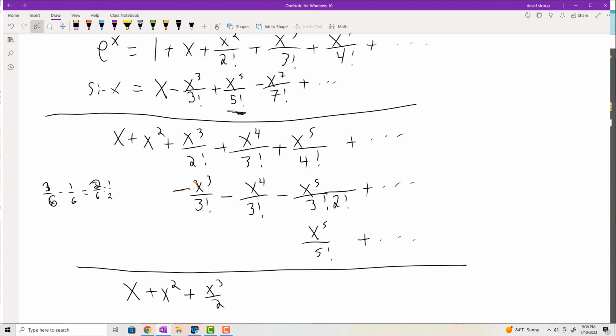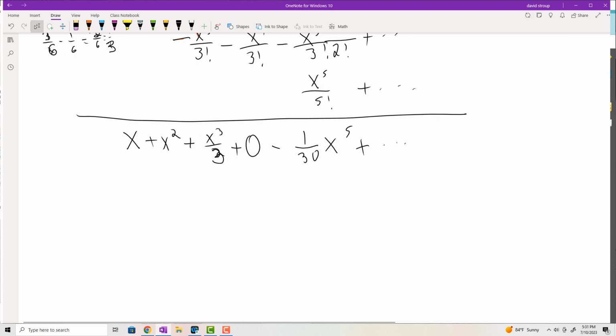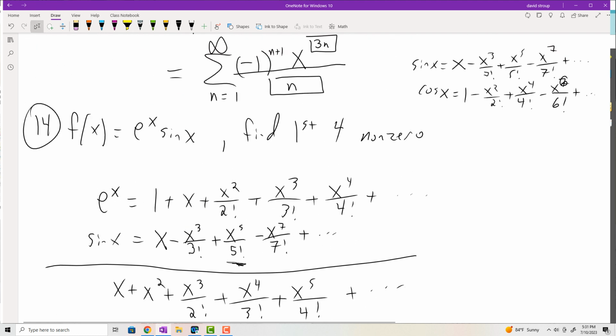Crap, 2 over 6 is 1 over 3. All right, the next term is 0 then. And so to get the fourth term, I need to go to that third column. And when all is said and done, it'll be negative 130 x to the fifth, and then so on and so forth. But there you get the 4 non-zero terms,